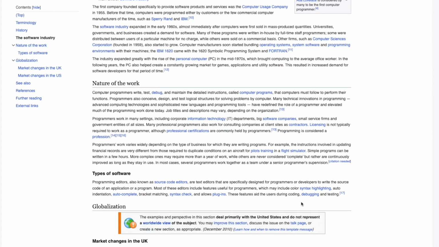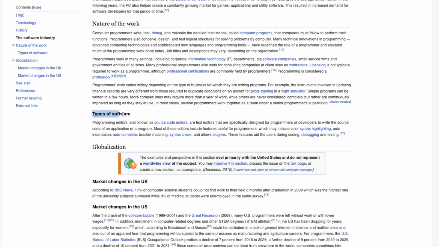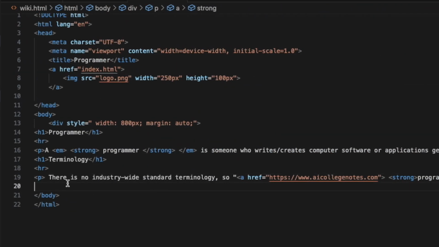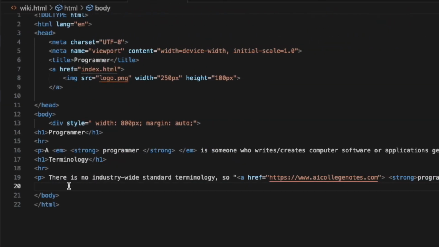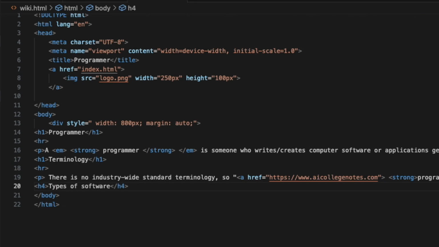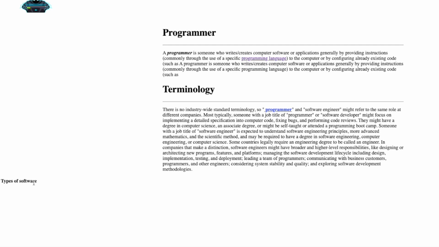So let's see, our Wikipedia page is coming together just a little bit. I don't think we need to just keep adding a bunch of these different types of splits or divisions. So what I think we can do now is let's just add in this type of software, because that is something new that we haven't done. So let's say we want to add that in right underneath our paragraph tag. It looks like there is a double space. So let's see if this will actually just space it for us. And it looks like it's a heading. So let's just say it's a heading 4, paste in type of software, refresh,